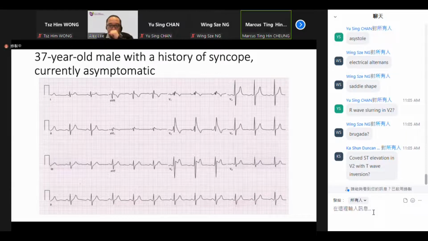It's more flat to upsloping. Yes, it's either flat like a plateau or it's upsloping, right? But in this case, is it downsloping or upsloping? Downsloping. So does that ring a bell? Any diagnosis that is associated with that kind of